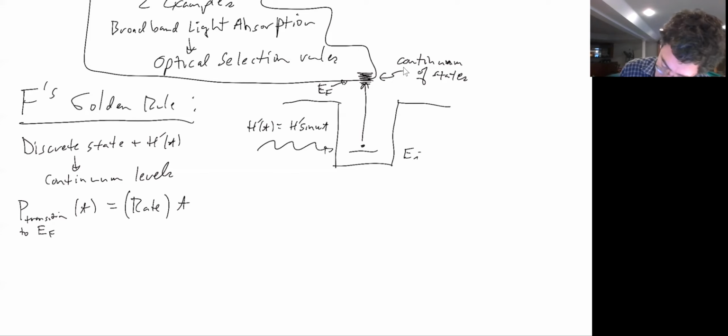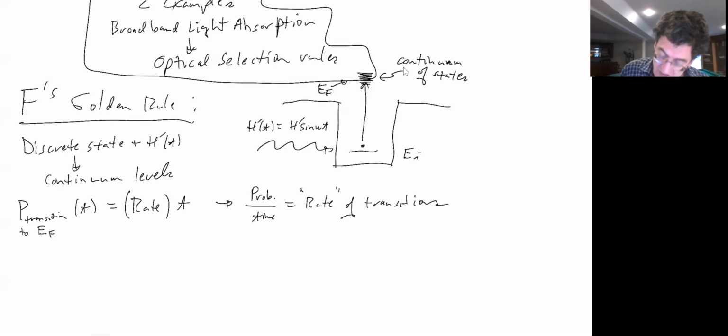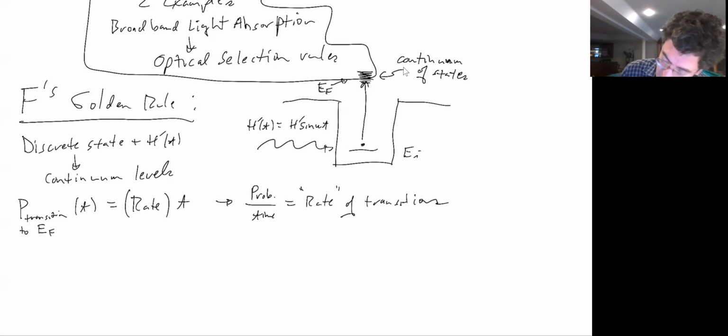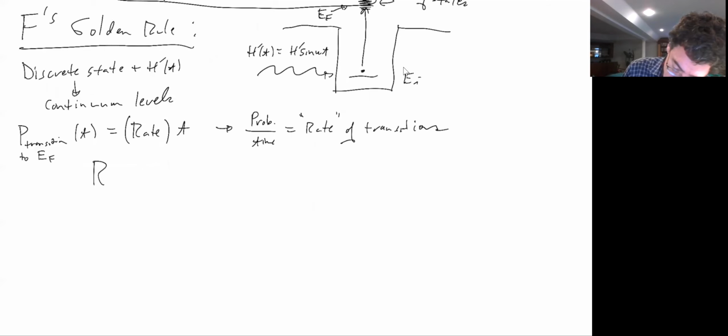And so then what we do is we say that the probability of the transition per time is equal to the rate. And that's a really important concept, the rate of transitions. And the rate of transitions is equal to